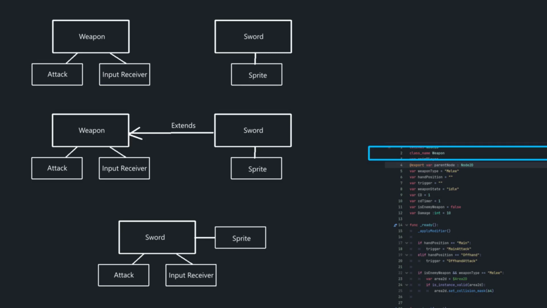Alright, starting from the top. The first thing I'm going to explain is the class name, Weapon. Class name defines that this is a class, so this script can be accessed or inherited by anyone basically, if it fits. But it's going to be used by our sword, dagger and staff, since they're all weapons.